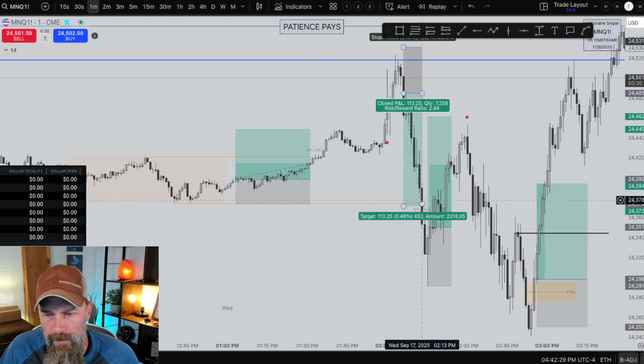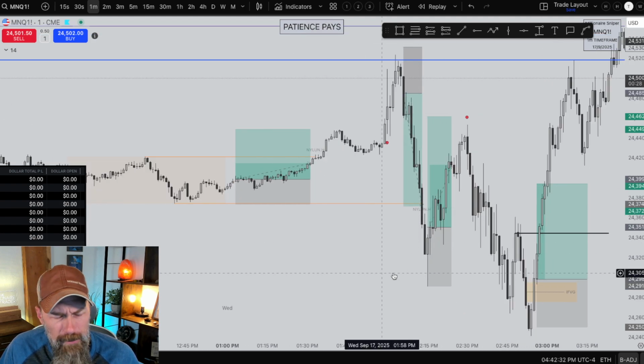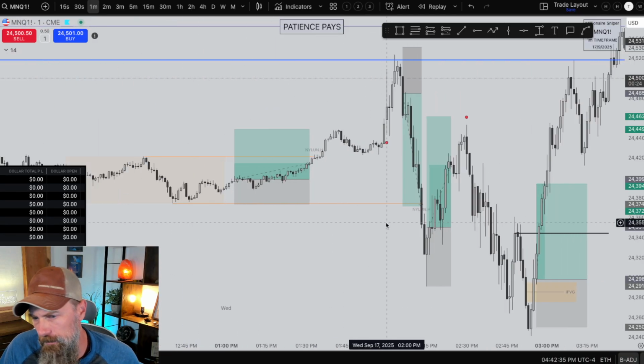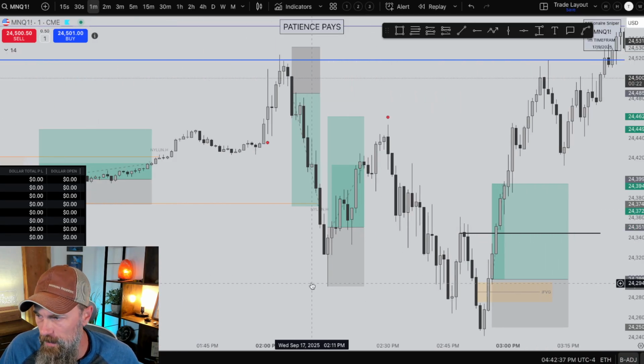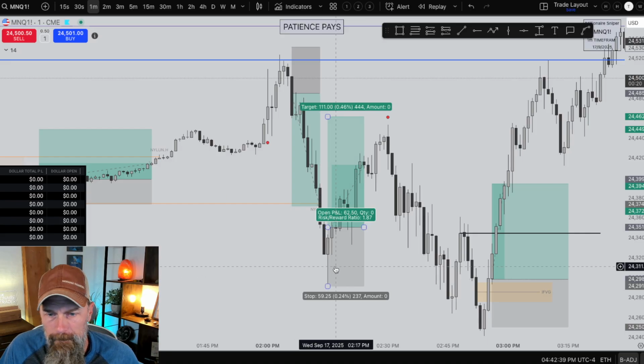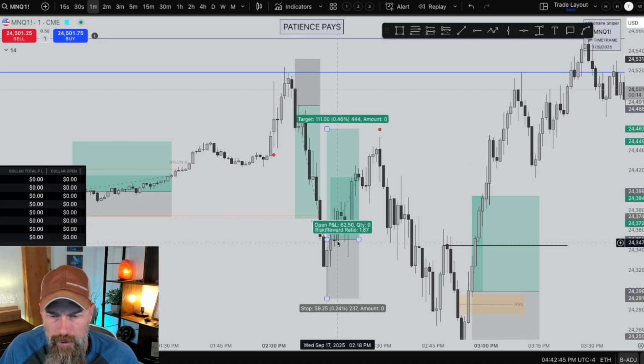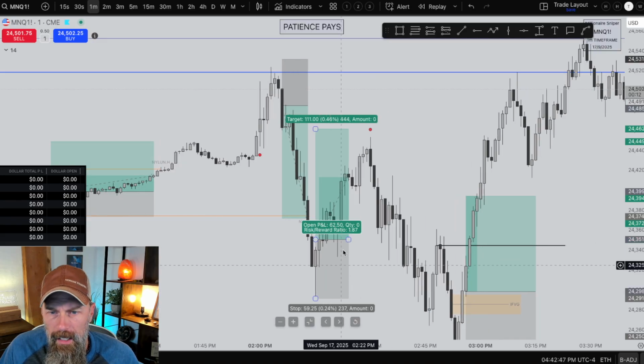Price then delivers all the way down to lunch low, takes another major swing down in here. I'm not going to mark it, you can just look for yourself. There's another swing right down in here. It took that swing, took lunch low, formed my model, an inversion, SMT, everything was there. I choked up on this one, and it ran to